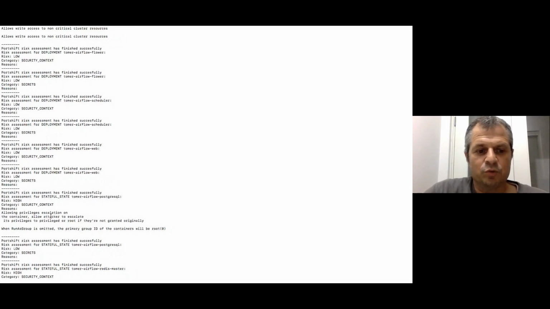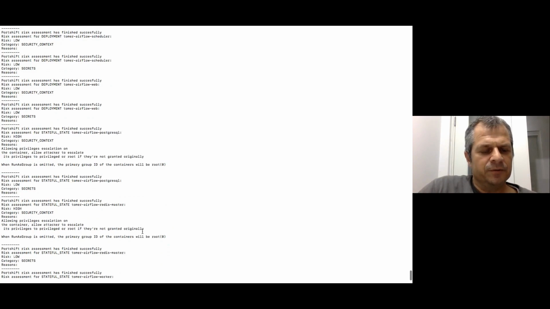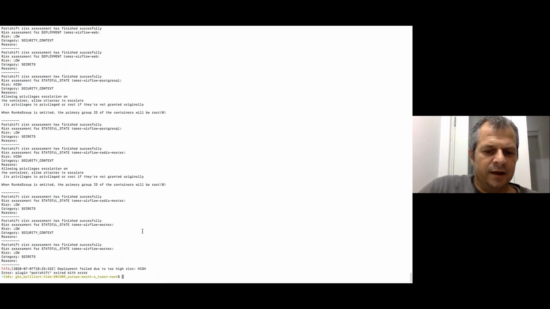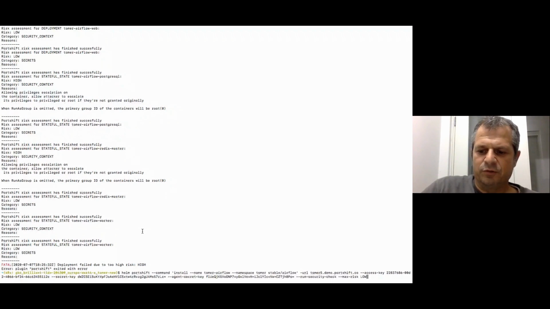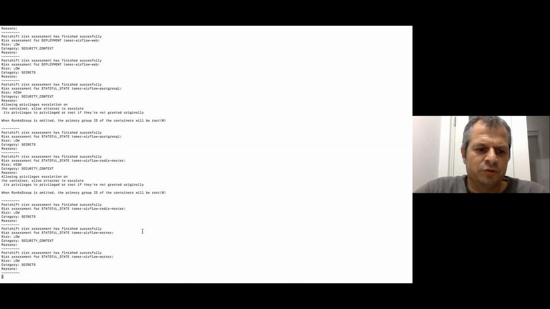They can get access to all the host resources. So you can see that there are some issues here, such as the ability for a user to be root, and some other issues as well. So can we block it? We'll do the same thing, but instead of defining it as minimal low, I will define it as high. Then I'll be able to deploy it even if you have those risks. I'll still get exposure to the risk, but the deployment succeeded. So of course the user can play with it and define what he wants.